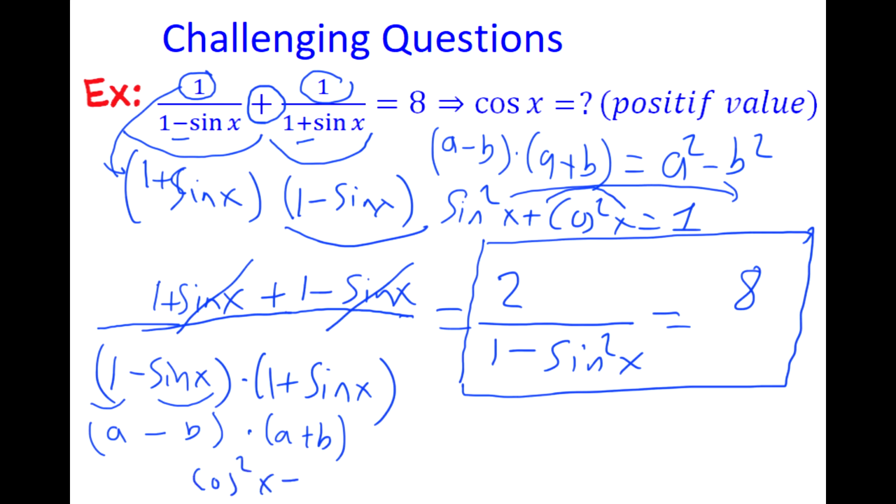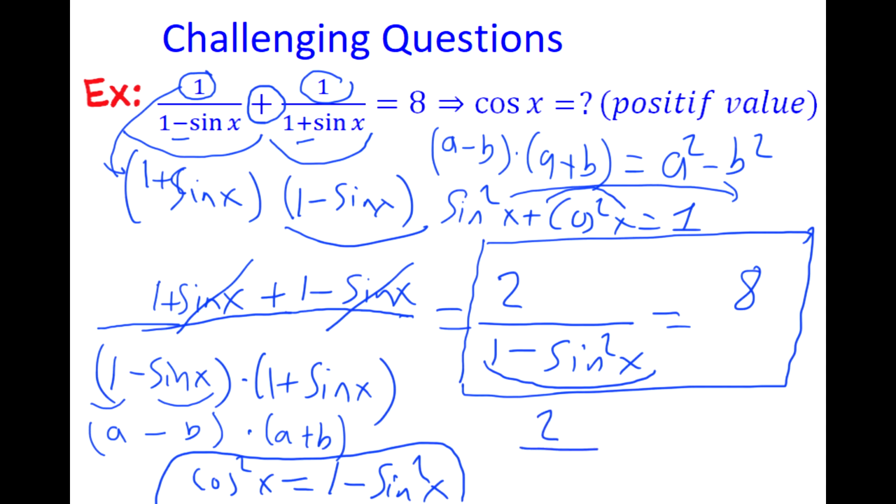Cosine square x will be 1 minus sine square x, right? I'm gonna use that formula right over here, because 1 minus sine square x is cosine square x, so I will just substitute these. Then we're gonna have 2 divided by cosine square x, and this is equal to 8,